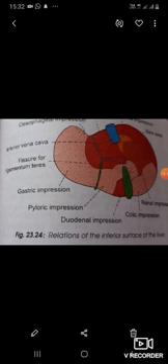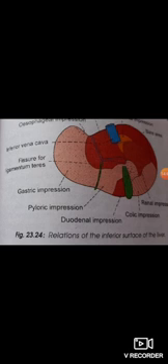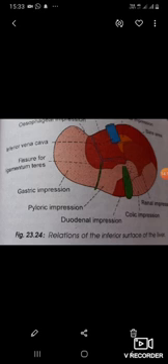Now hepatic ligaments. On the basis of the intrahepatic distribution of the hepatic artery, the portal vein and the biliary ducts, the liver can be divided into the right and left functional lobes. These do not correspond to the anatomical lobes of the liver. The physiological lobes are separated by a plane passing on the anterior superior surface along a line joining the cystic notch to the groove for the inferior vena cava. On the inferior surface the plane passes through the fossa for the gallbladder, and on the posterior surface it passes through the middle of the caudate lobe.